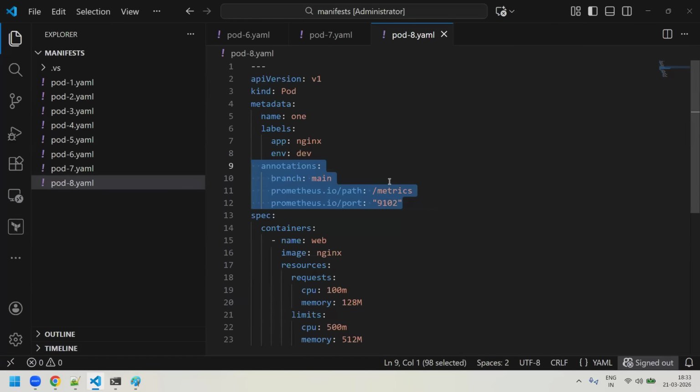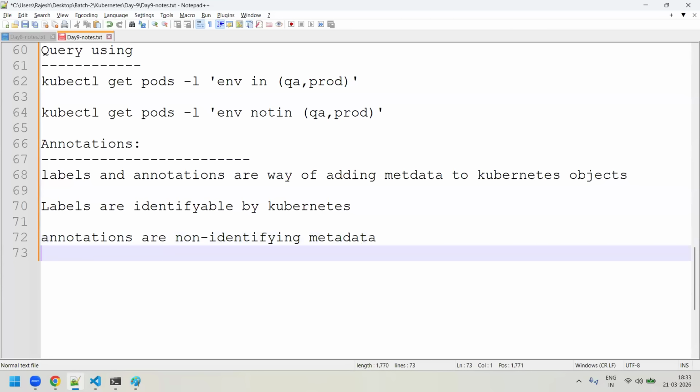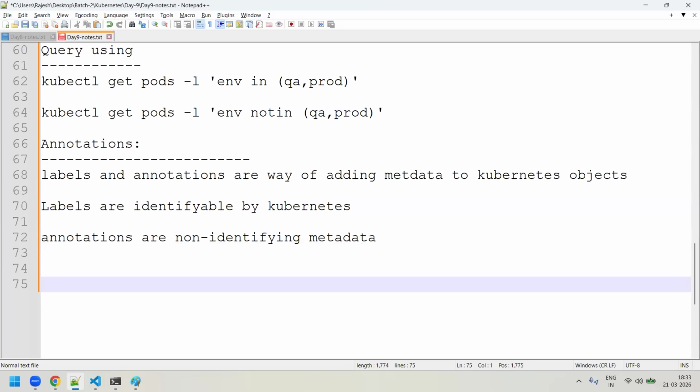Okay. Now, how do you set these annotations? For example, I want to set an annotation for your running pod. Then I'll just use this command, kubectl annotate pod, and in my case the pod is nginx 1, and I'll just say scrape is equal to true. So this way you are setting an annotation,